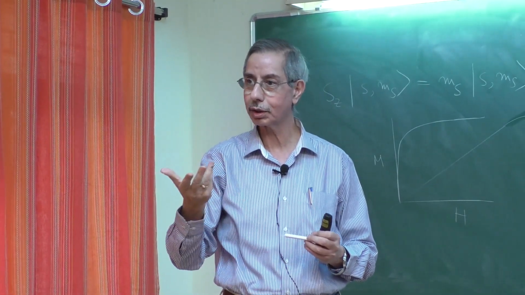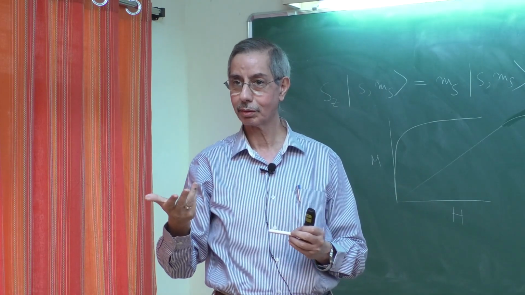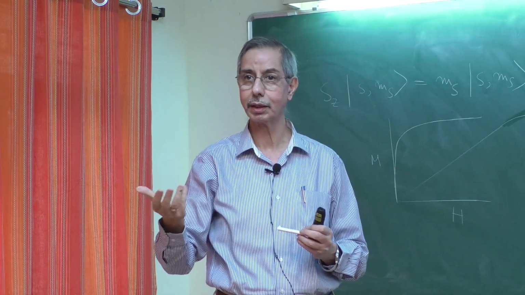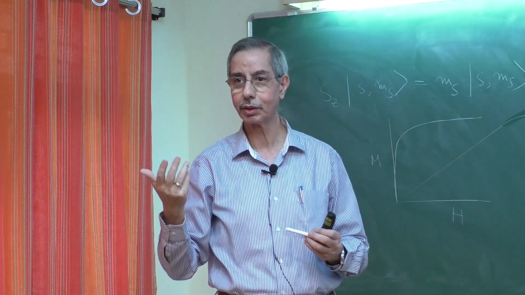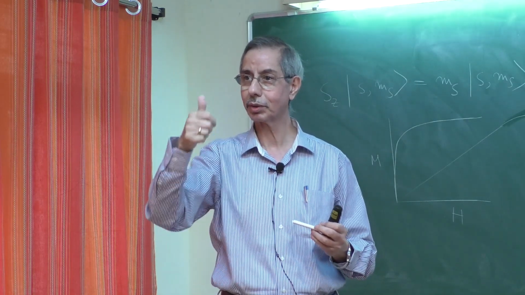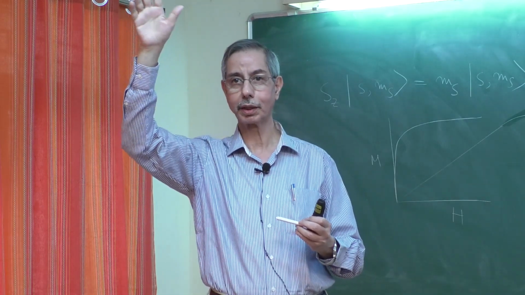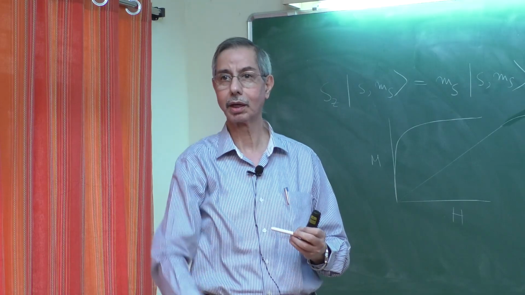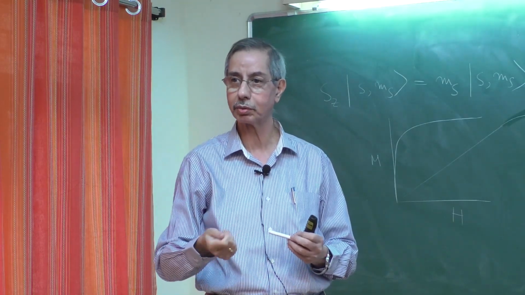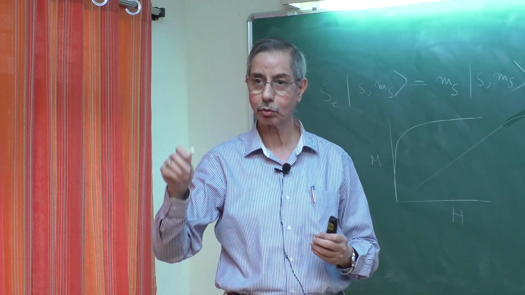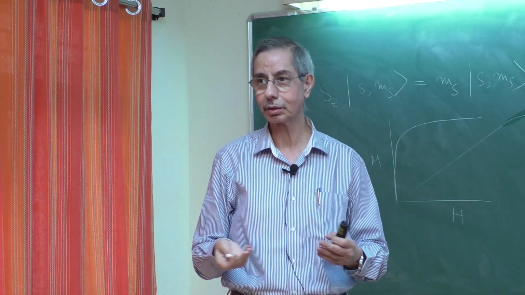So Weiss had to postulate domains, even though nobody had seen domains at that time. He said that within these domains there is some internal field, some molecular field, which is keeping the spins in the same direction, so that this whole spin patch just suddenly goes into the field direction, and there is a very large jump in magnetization even by the application of a small field. That's how Weiss thought in those terms at that time, and thought that there has to be